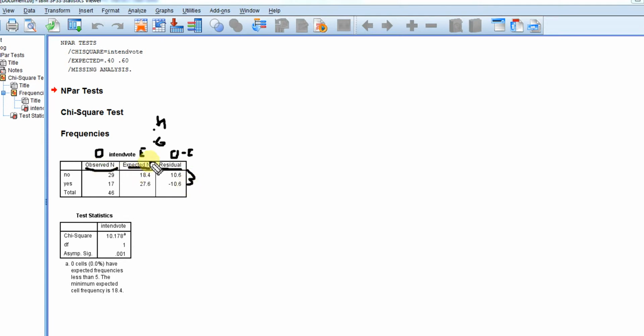So the residual is just representing that difference between what's observed and what we would expect if the null hypothesis is true. So down here we have the chi-square test statistic, and then we have a p-value. We would compare this p-value against some alpha level. Typically the alpha level is 0.05. So typically we would say, if the p-value is less than or equal to 0.05, then we would reject the null